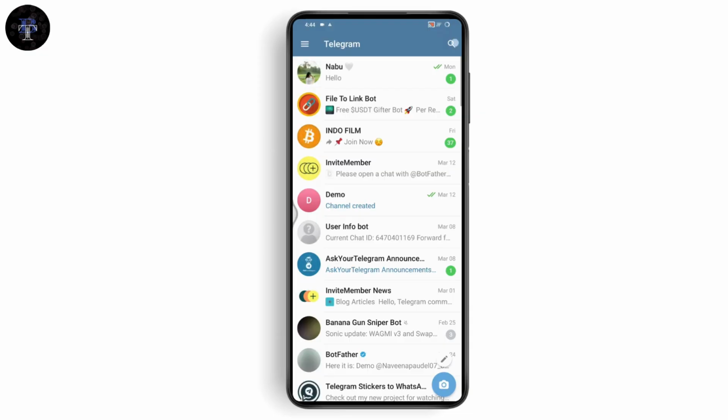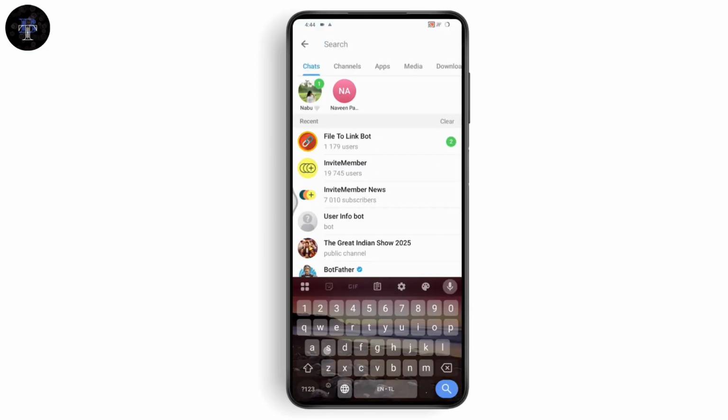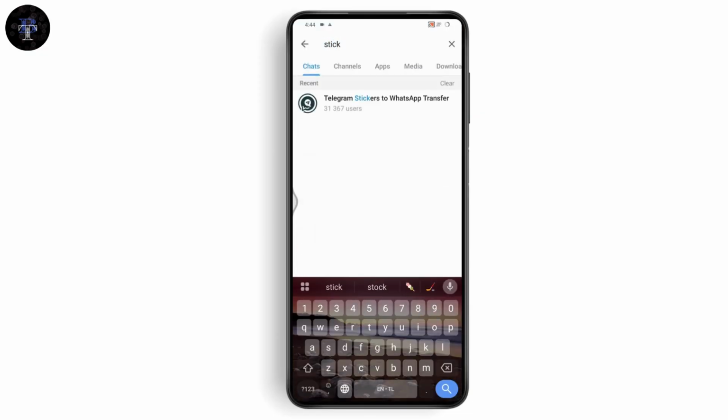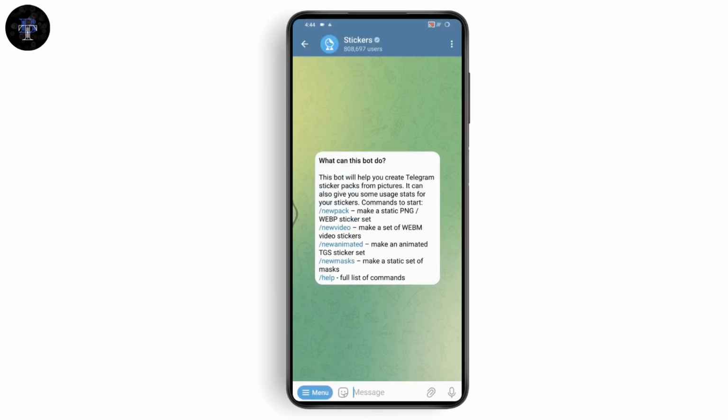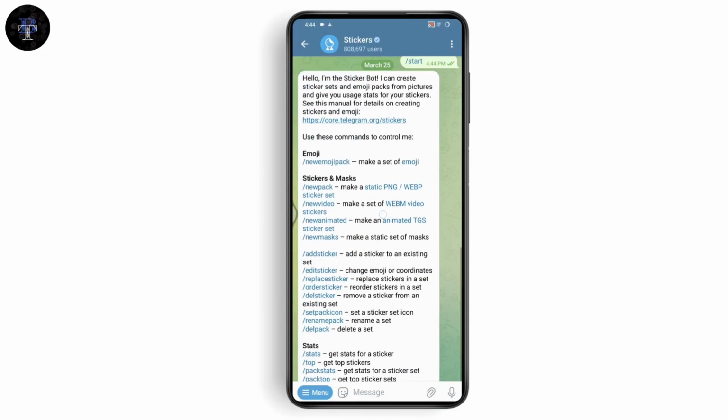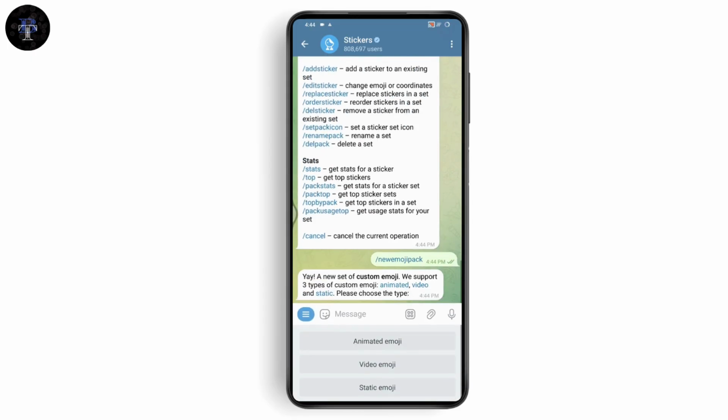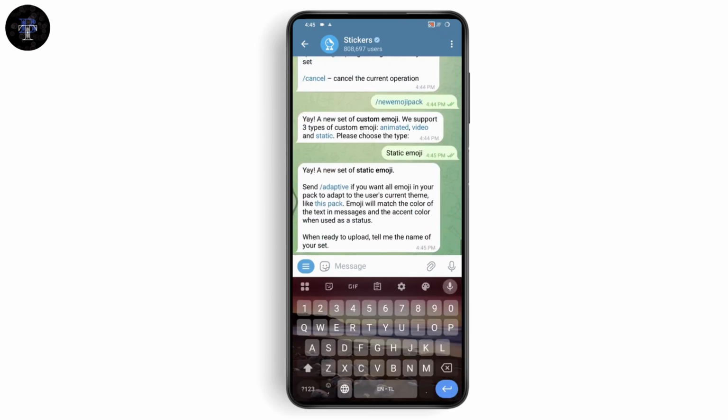After opening Telegram, you can go with search, which is on the top right, and you need to search for Stickers bot. So tap on Stickers bot, and from here you need to go with start, which is on the bottom. You need to tap on new emoji pack, and then select the emoji type, like static emoji, video emoji, or animated emoji. So I'll just simply go with static, and now it says that you need to enter the